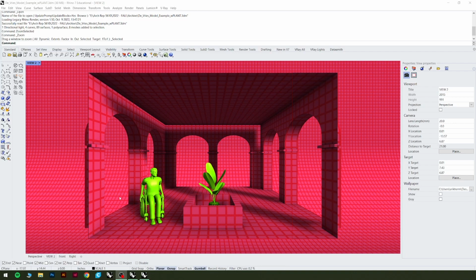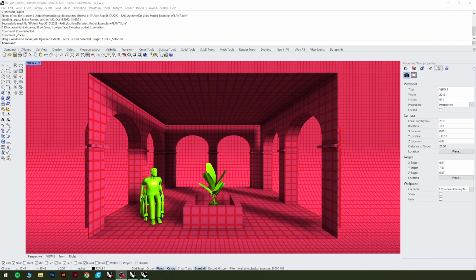So right now I have my little room modeled up and it's not in perspective here. The camera is set up to see it in perspective, but it's not built three-dimensionally in perspective, and that's what we're headed to. So right now, if you have nothing selected and you're just in Rhino, you should probably already be familiar with